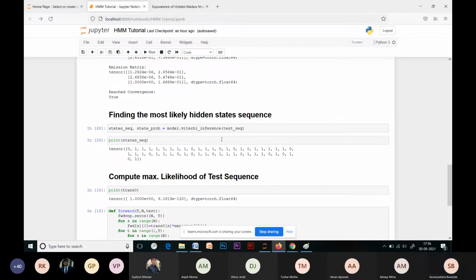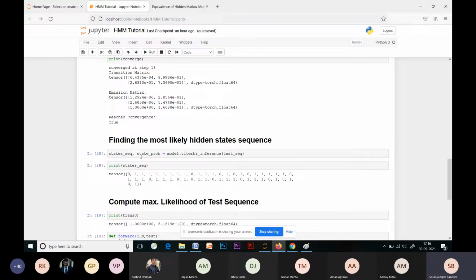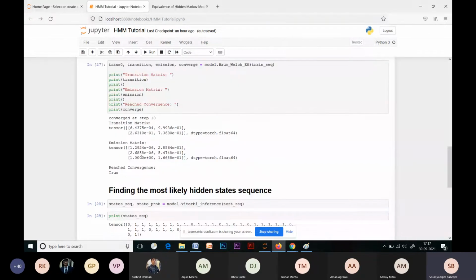Having this sequence of hidden states enables us to predict the next hidden state that the model can be in, because we have the transition and the emission matrices already prepared by the training algorithm.